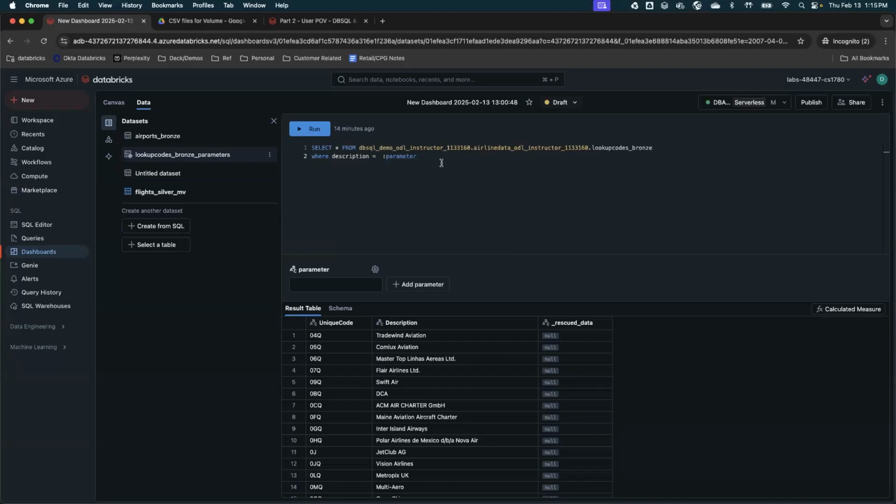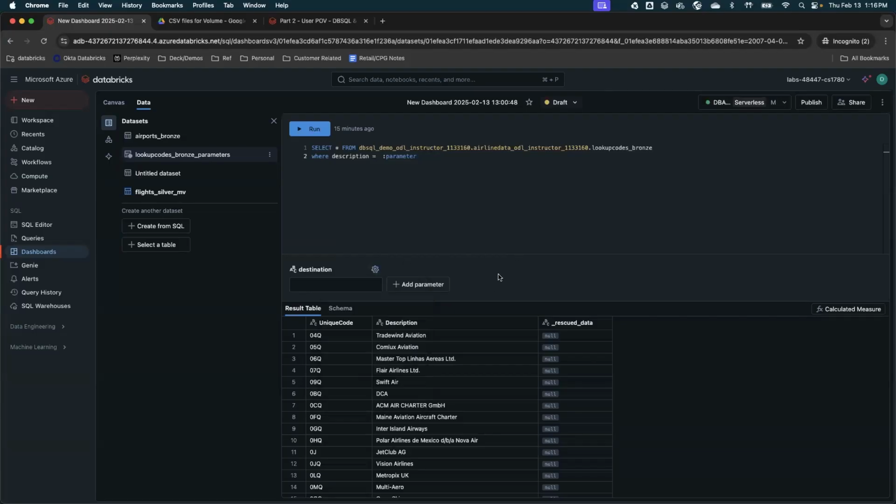To apply the parameter, we first add a where condition. So we added a where condition onto the query, put the description, then we typed equal to, then we clicked on add parameter, which created a parameter. We can click on settings, and we can change the name of the parameter to, let's say, destination, and I can keep the same type as string. So you can change the name of the parameter to whatever you want.